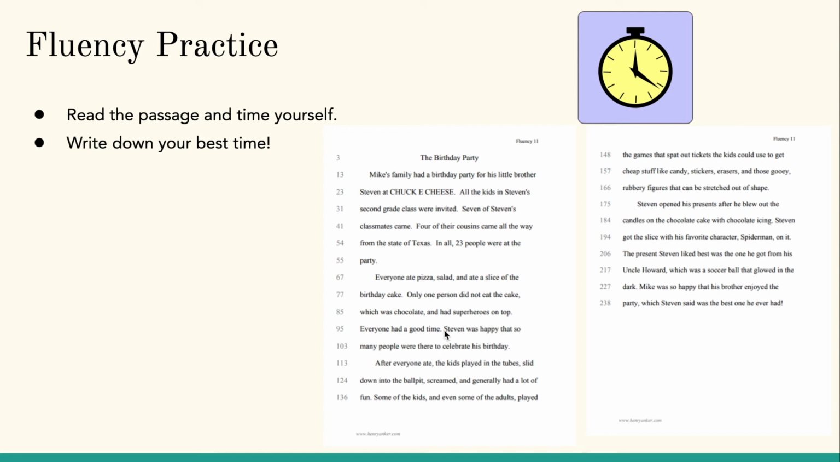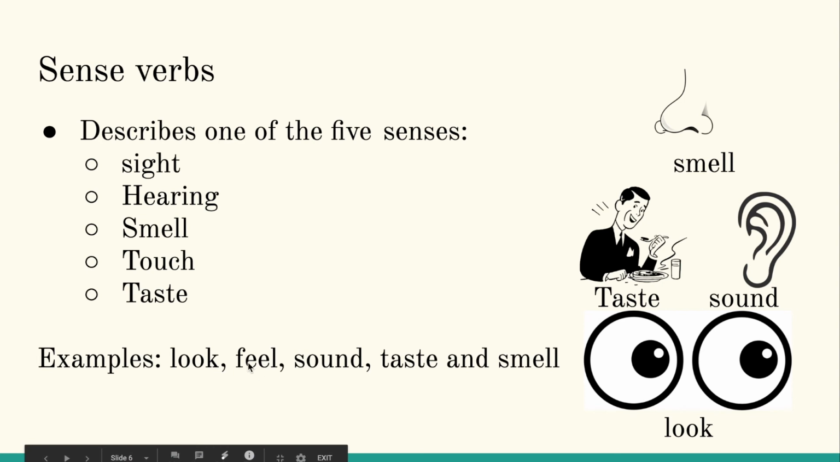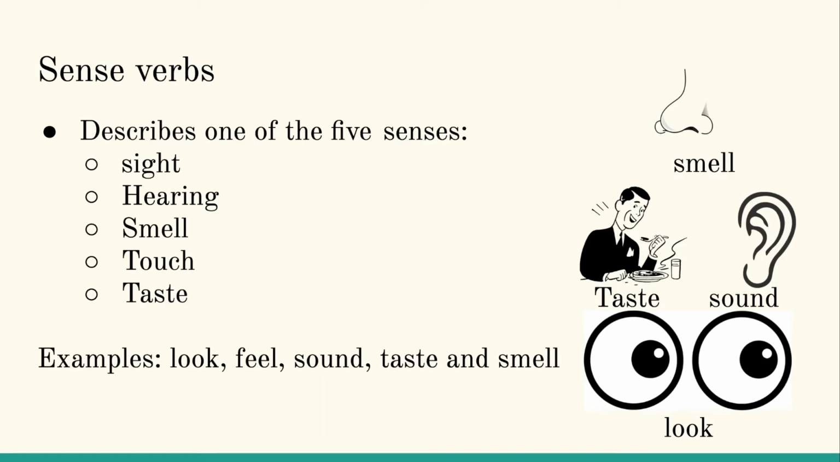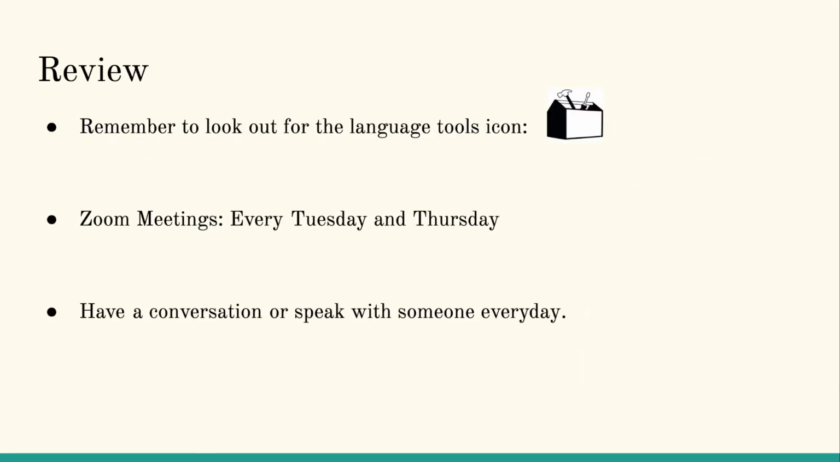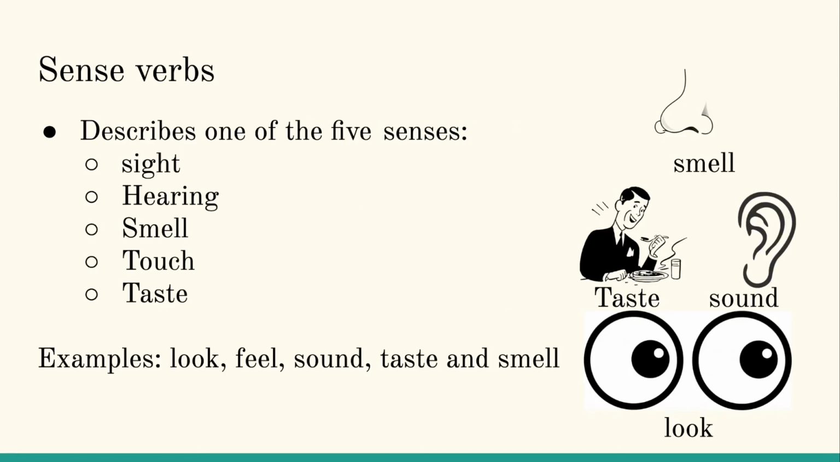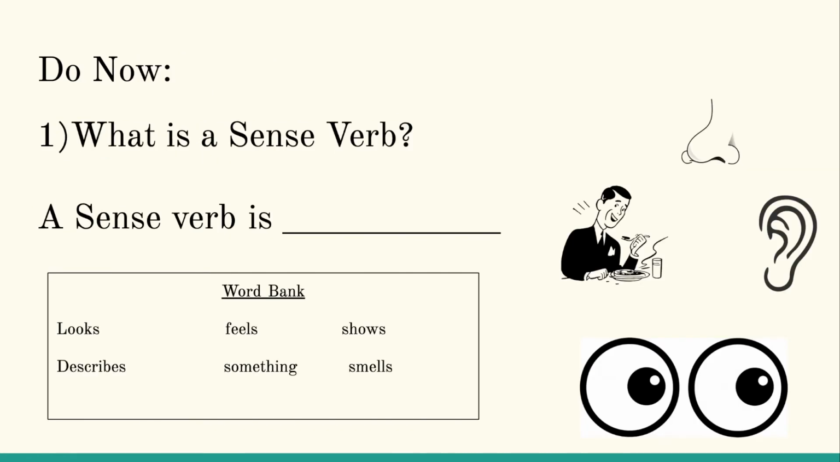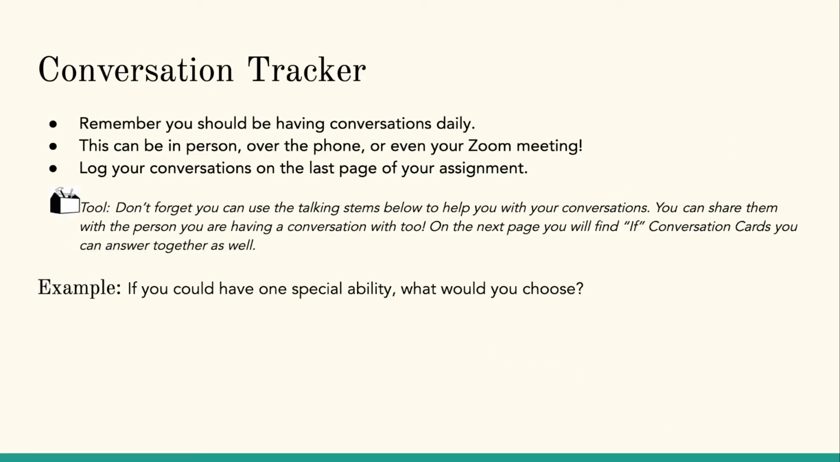So here's an example. Steven was happy. Happy is a good description on how he feels. So if you're describing how he feels, things that he sees, maybe how things might taste or smell, those are good examples of sense verbs. All right, now that we've talked about sense verbs and reviewed some of the examples from the story, now we're going to talk about